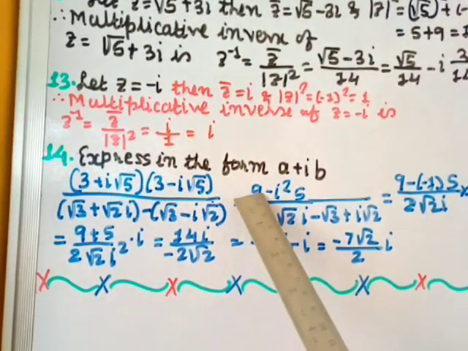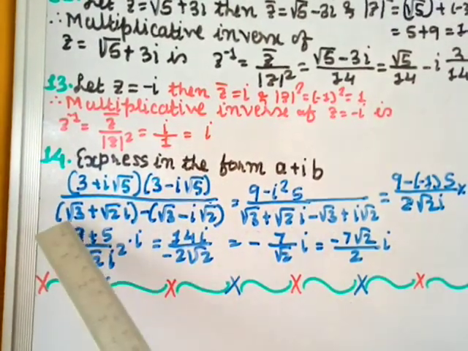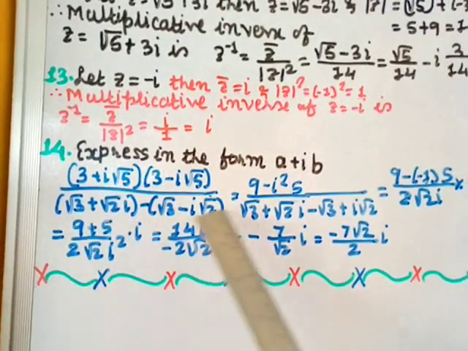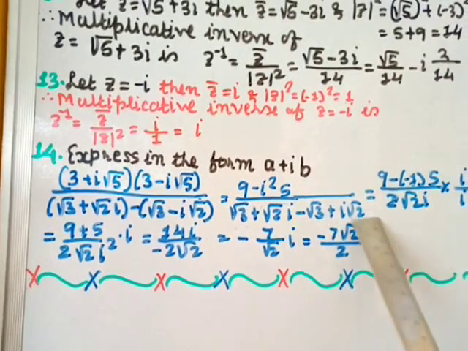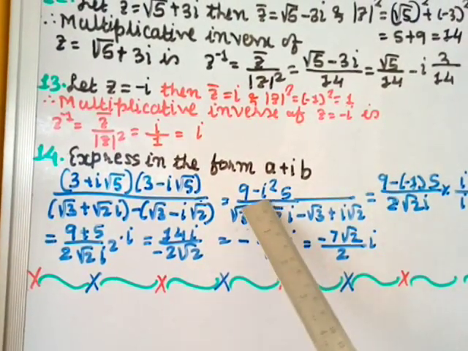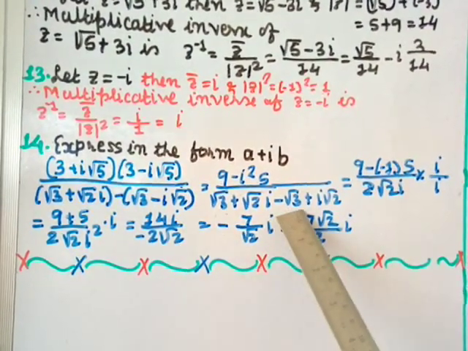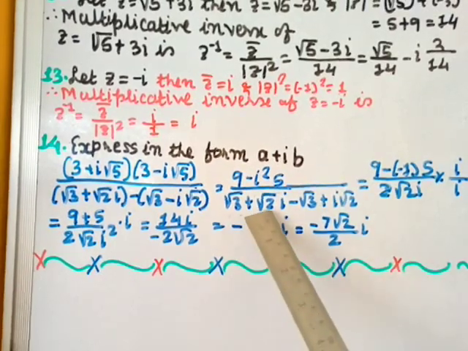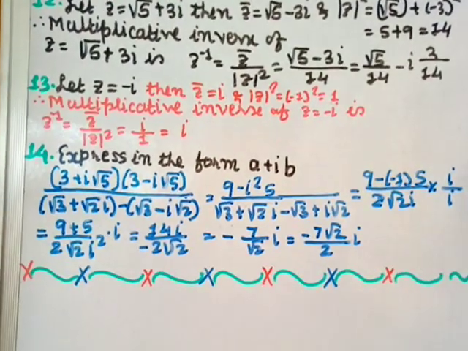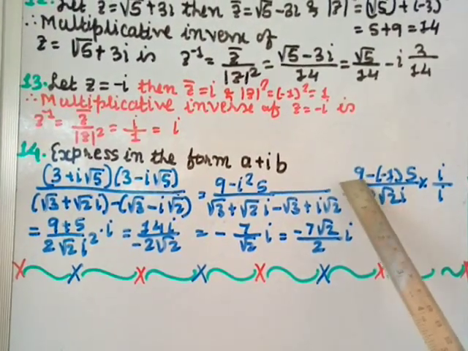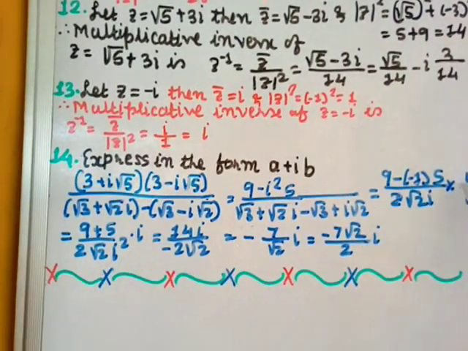So I am taking 3 square is 9 minus I square into root 5 square is 5. Okay, and here just open the bracket. So here root 3 plus 2 root 2I minus root 3 minus a minus plus I root 2. Okay, this is 9 minus I square, value we know it is minus 1, into this 5 as it is. Okay, that's root 3 plus and root 3 minus will cancel. Okay, here see root 2I plus root 2I, it will give you 2 times root 2I. Now I am multiplying and dividing by I. Okay, so here we get 9 minus minus plus 5, and this is 2 root 2 I into I square, and this numerator I keep as it is here.